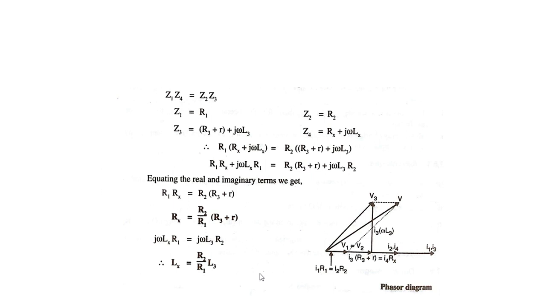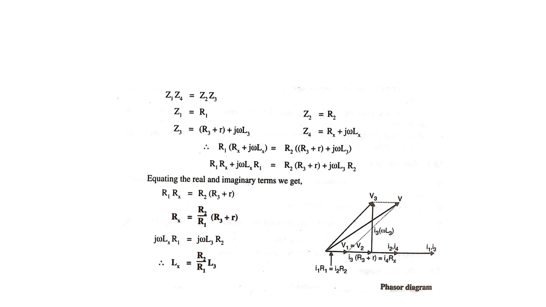Okay, so this is all about the Maxwell's inductance bridge that we have studied. Okay, so I think you got the idea about this now, because the procedure is same. This is very simple to solve. So again I am repeating, just take a pen and paper. After completion of each and every point, you can write down your own notes, try to solve by your own. This unit contains only bridge and its equations, nothing more than that or nothing different than that. Okay, so just see how it is solved and all other things are covered.